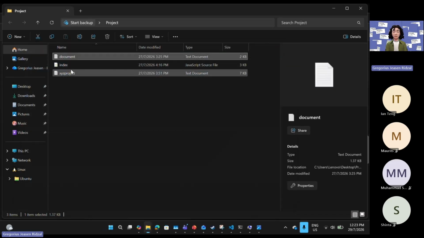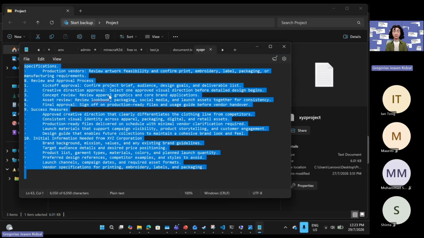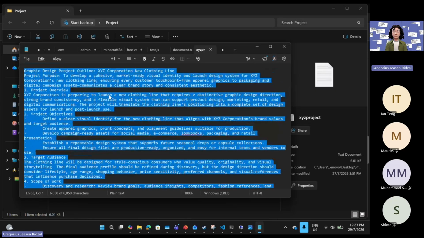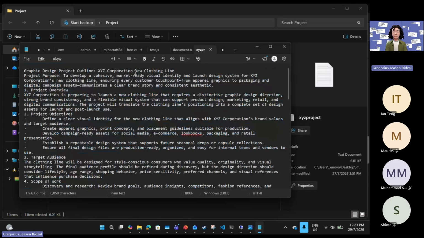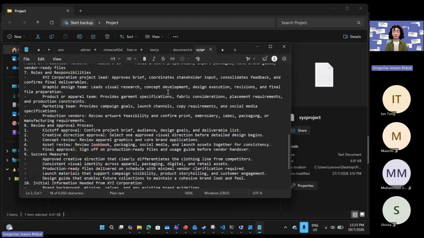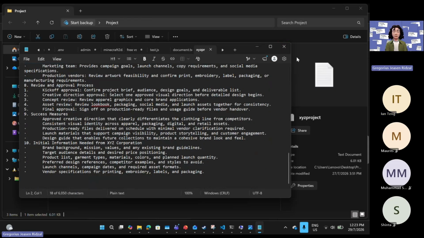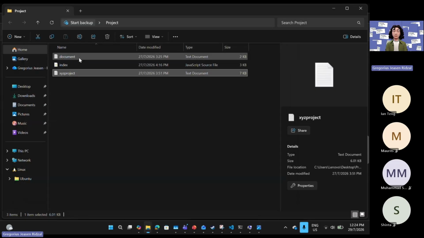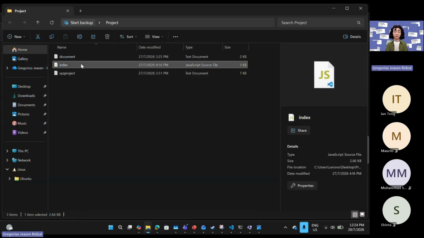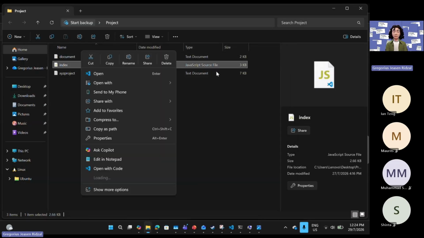I've got another document here called XYZ project, which is a bogus document. It's nothing real. I asked Copilot to generate this, and it's about a clothing line project, right? One of the things I've got with these two documents is this very simple app. It's only 3 kilobytes, so I'm gonna open it with Visual Studio Code,